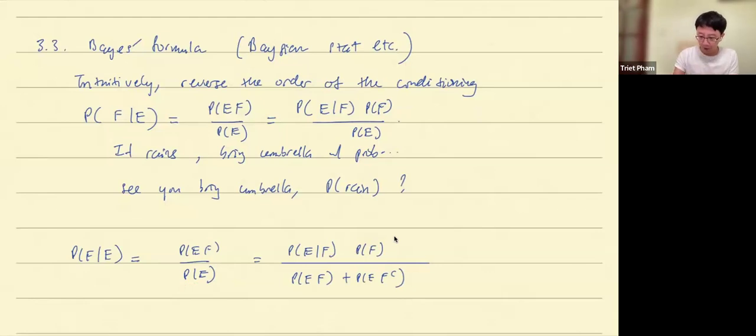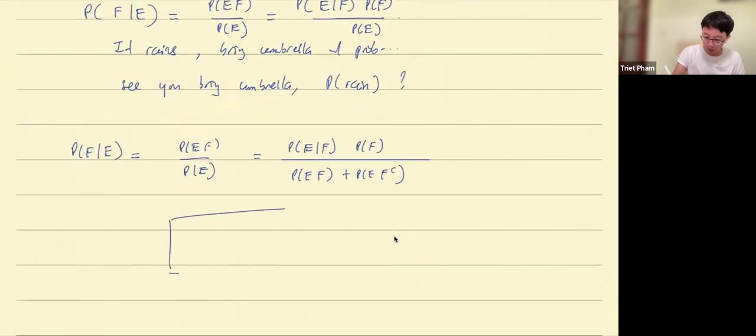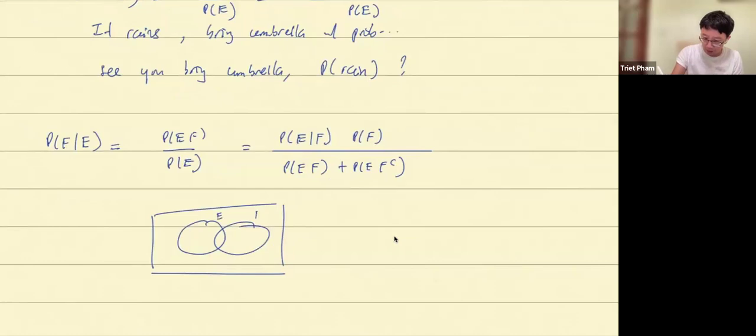Because F and F complement, the union, is the whole sample space. So this is E, this is F, so this is EF, and this is EF complement. But then you can also use the multiplication rule on these to give you